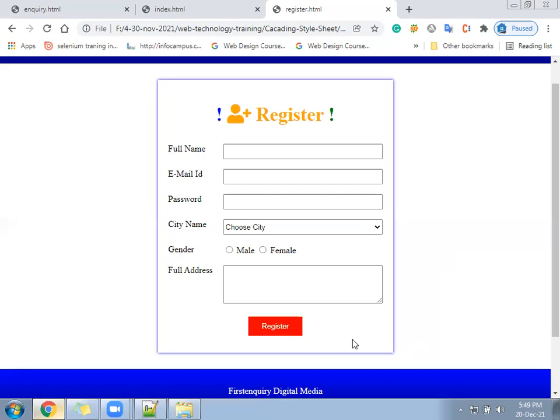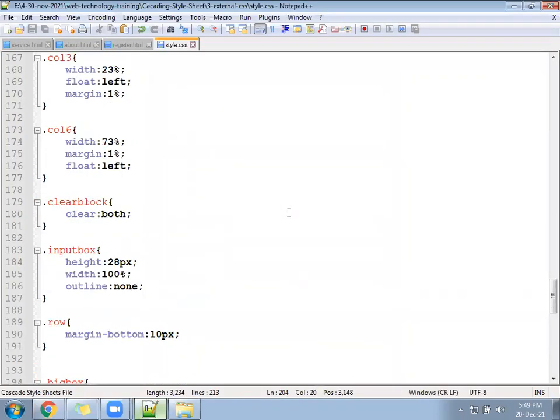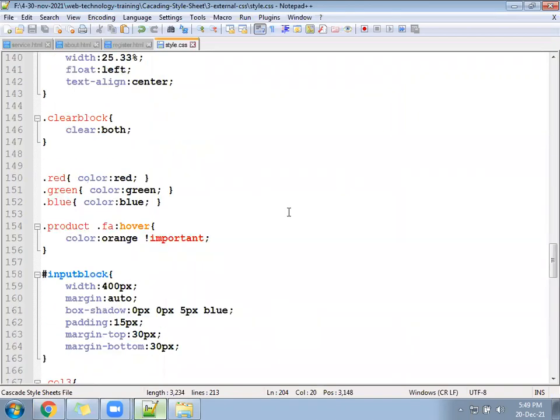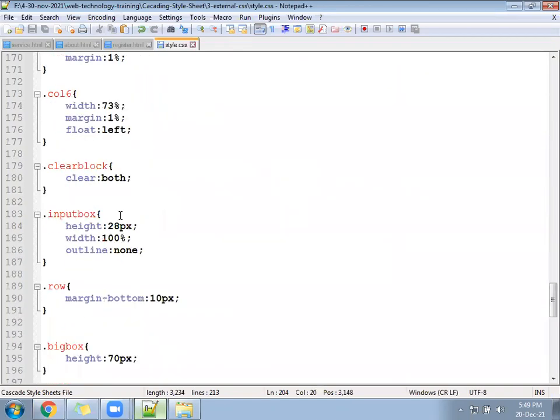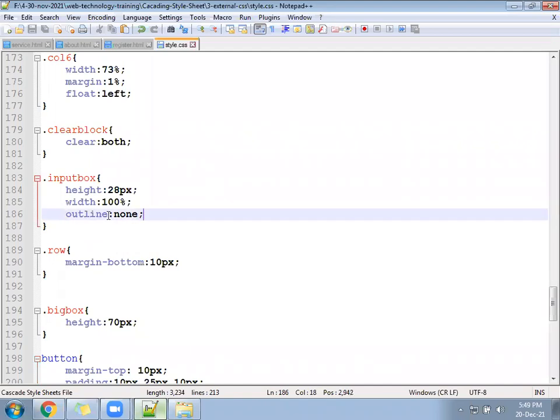Once you click, it will become black. On hover, blue. By default it is green. Next, once the user clicks in any of the text boxes, it should have a kind of red border, or maybe some orange or blue border, for the text boxes. If you remember, in one place we have written the margin. We have written one place for the input box. For the input box, if you see, you have written outline is what? None. Outline is none.